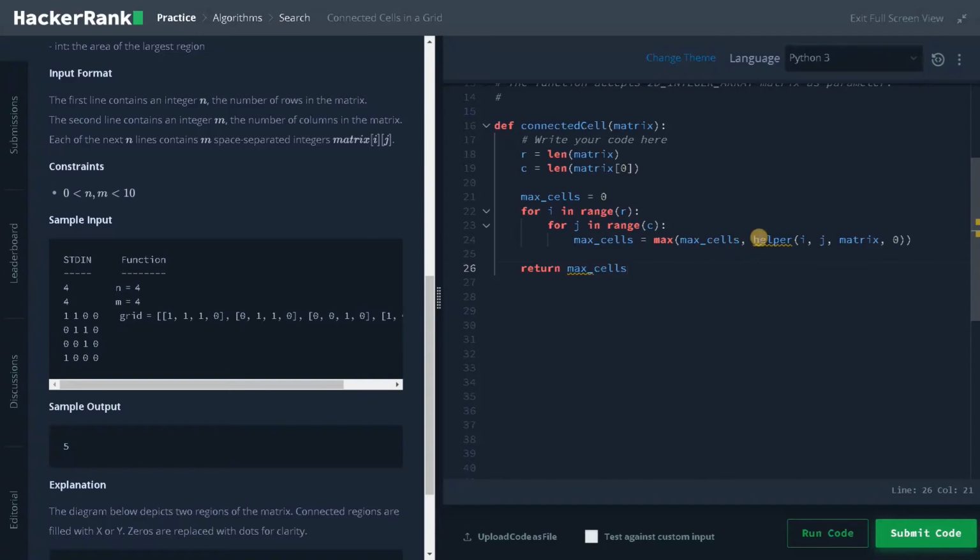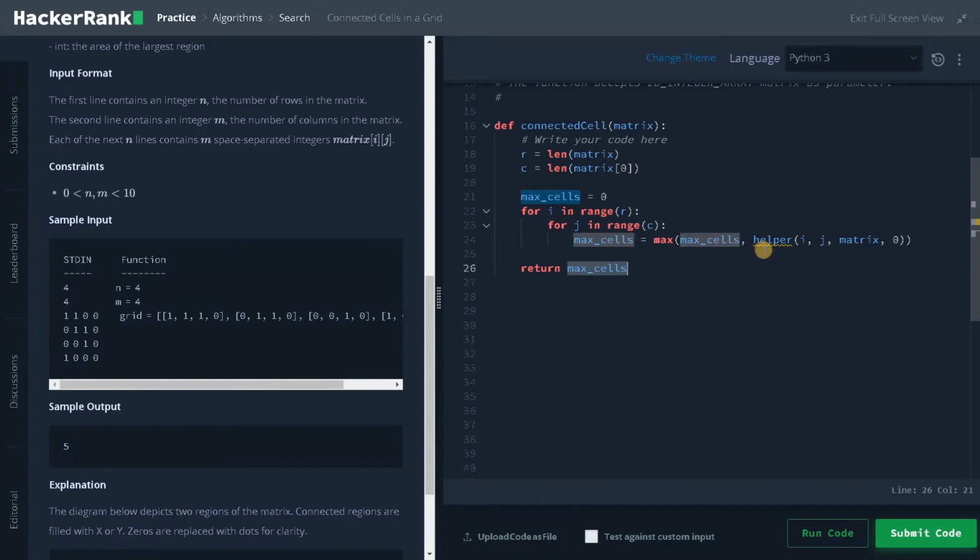So it will call the function helper continuously, and it will process the entire matrix and separately calculate these regions. It will return the number of cells in a particular region if there is any, and the maximum will be stored in max cells. After that we will return it.